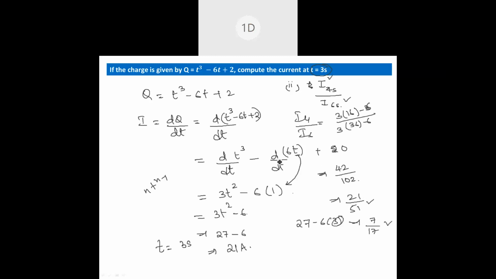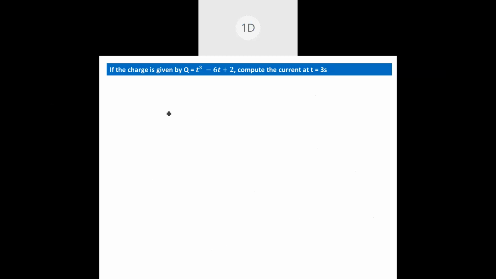Okay, fine. I'll do that again. Others, did you understand the first part? Ratio, I'll do it again. Yes, ma'am, till here it's clear. 3t square minus 6 I'm going to use again. See guys, I got current as 3t square minus 6. Current after differentiation becomes this. I can find current at any time, at t equal to 4 seconds, at t equal to 6 seconds. Okay, let's find them individually.